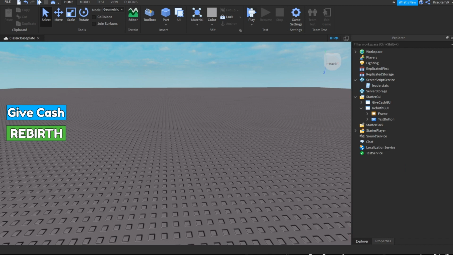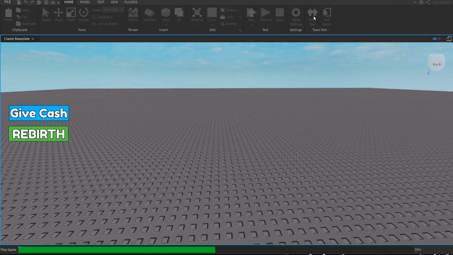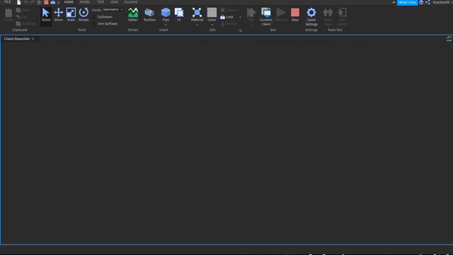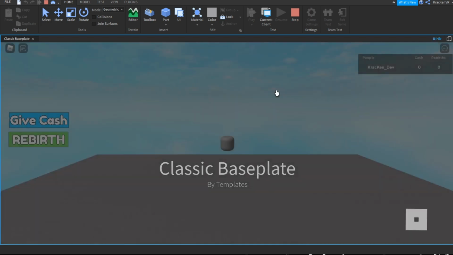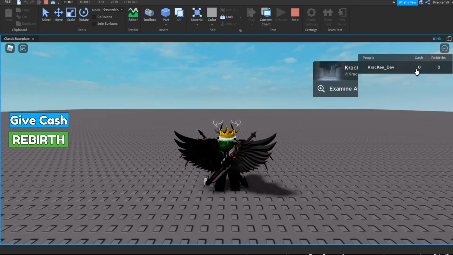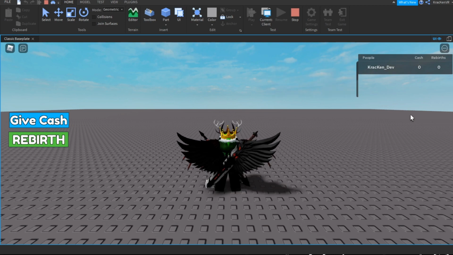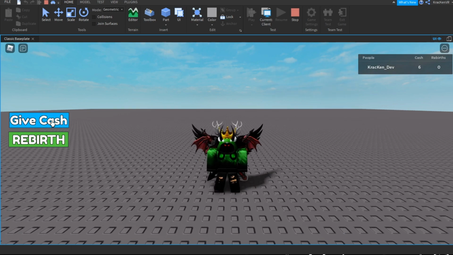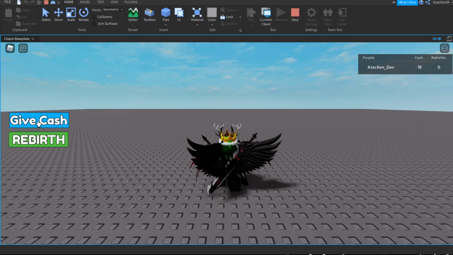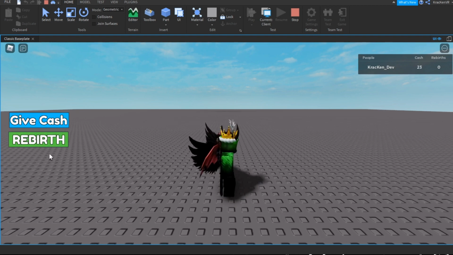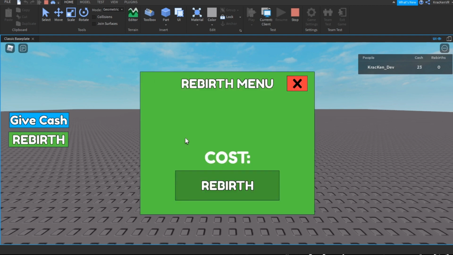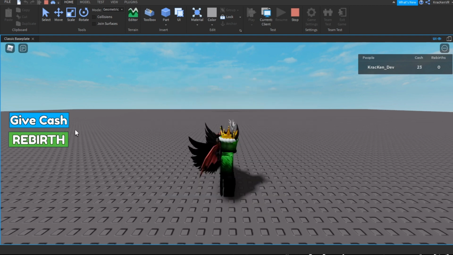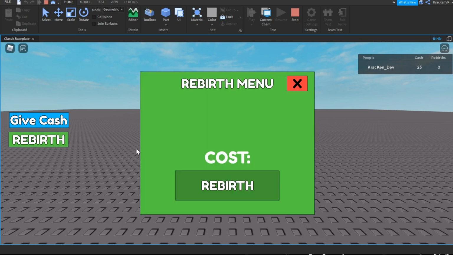And now if we test the game out, you will see that we have our cash and rebirths value. And if you click this button, give cash, it will give cash. If we click the rebirth button, it will open the frame. You can also close it. And as you can see, I had enough